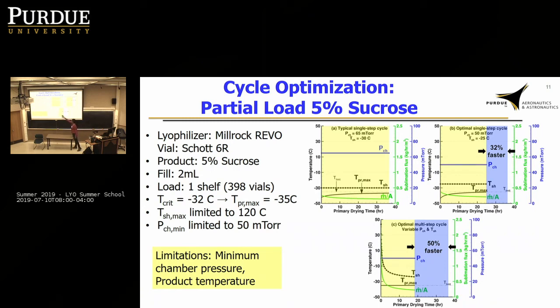Now you may tell me that this chamber pressure is not really varying. That's because at every instant, the most optimal value is below 50 millitorr, but since we're restricting that minimum value to 50, it just stays at 50, and then your shelf temperature varies. So that's something the code figured out on its own. We didn't ask it to stay at 50 millitorr. We only said don't go below 50 millitorr. So basically, this kind of an output is what the code is going to give you. So you see that you're able to save a significant amount of time by operating at these variable pressure and shelf temperature conditions. And now Peter will show you how to use that optimizer.